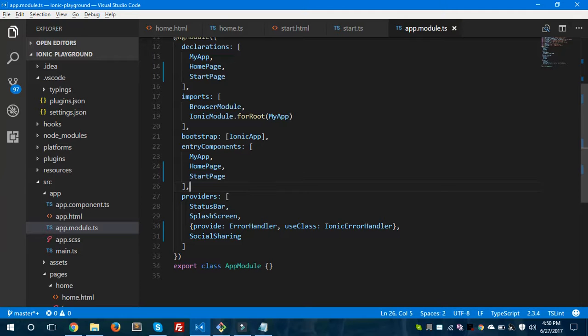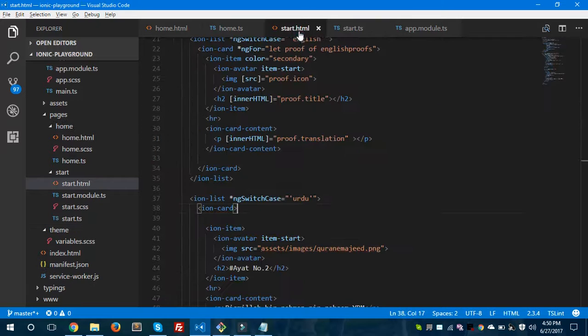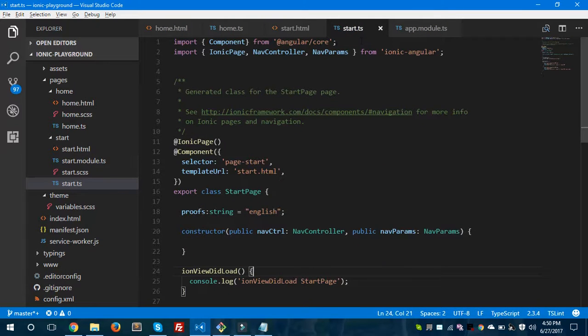After doing this, hit save, and let's hop to the page in which you want to use the social media icons for sharing. This is the start.html page and this is the start.ts file. In this file I'm gonna import SocialSharing, similarly to how I imported it in my app.module.ts file. You can see here @ionic-native/social-sharing. Sorry, this should be social, and put a semicolon here. This statement will bring the social sharing plugin